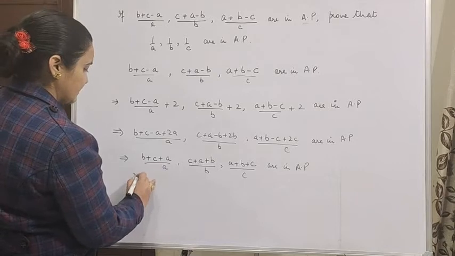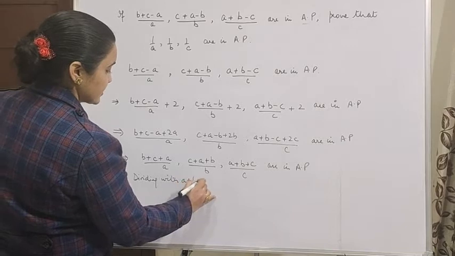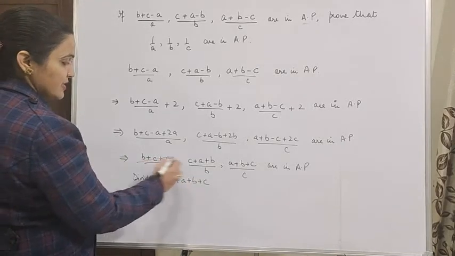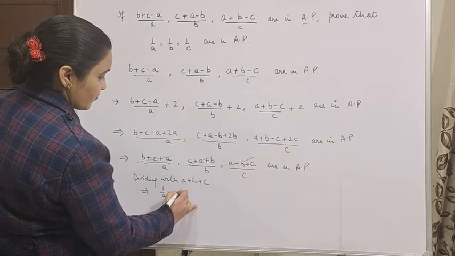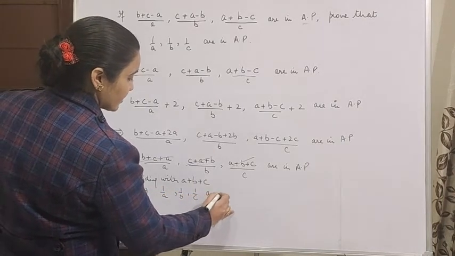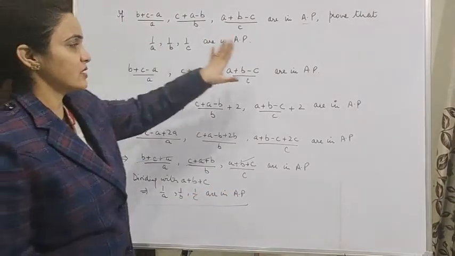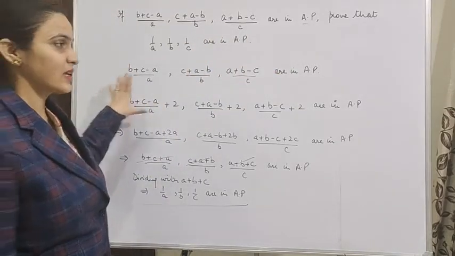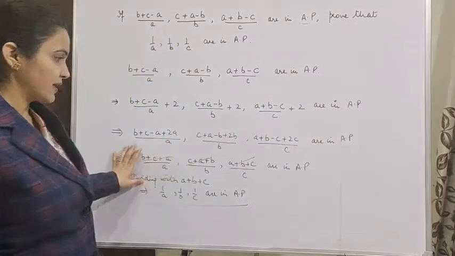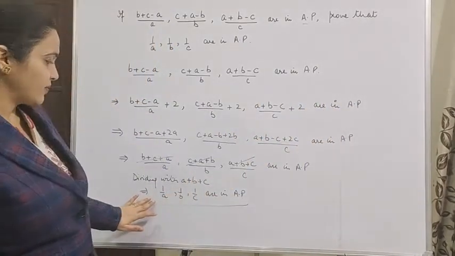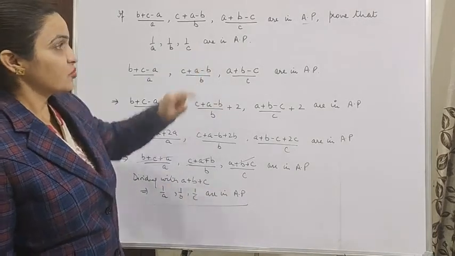So let us now divide all these terms with a plus b plus c. सो क्या होगा, ये सारी टर्म्स कैंसिल हो जाएंगी और we will get, this will imply 1 upon a, 1 upon b and 1 upon c are in AP. क्लियर. सो हमने क्या किया, जो हमें गिवन था ये AP में है. इसमें कुछ भी ऐड करेंगे ये फिर भी AP में रहेगा, इसको सॉल्व करेंगे या डिवाइड करेंगे, ये AP में ही रहेगा. So what we get, 1 upon a, 1 upon b, 1 upon c are in AP, which we need to prove.